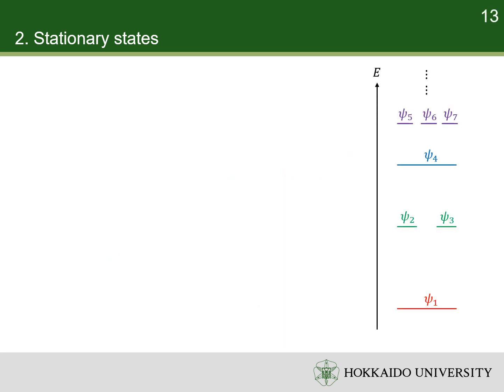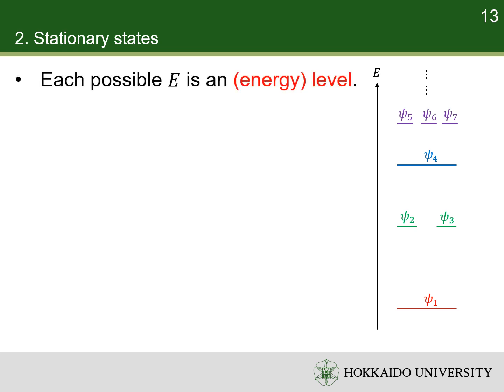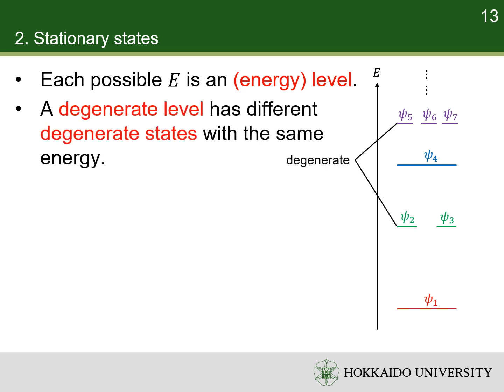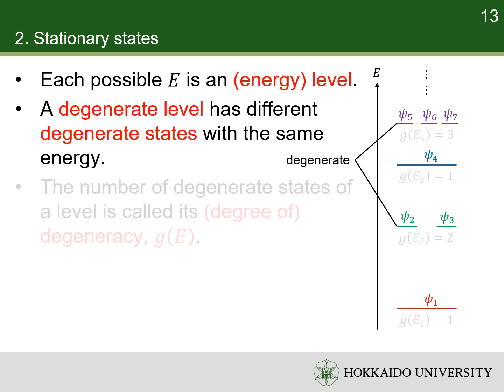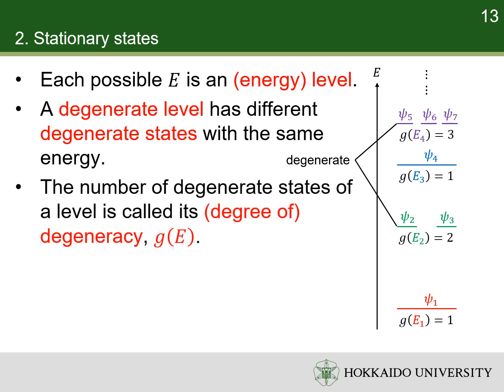A time-independent Schrödinger equation may give many possible energies. These energies are known as energy levels, or simply, levels. A level is degenerate if it corresponds to two or more different stationary states of a system. Conversely, two or more different states of a system are said to be degenerate if they have the same energy. The number of different states corresponding to a particular energy level is known as the degree of degeneracy, or simply,